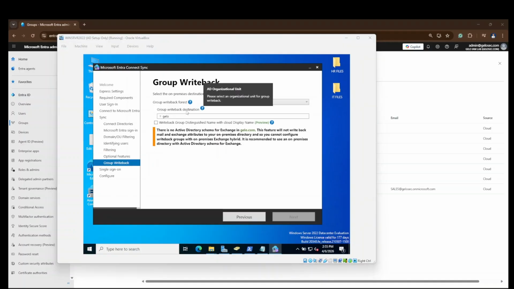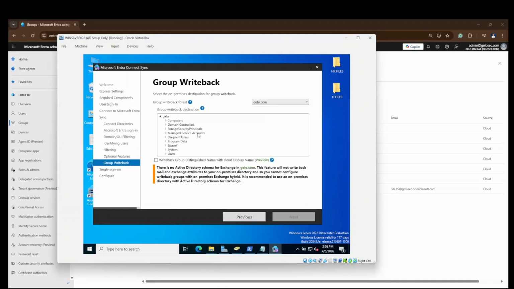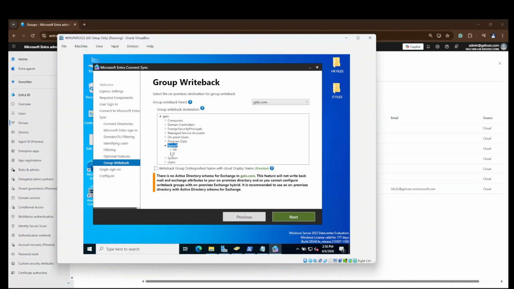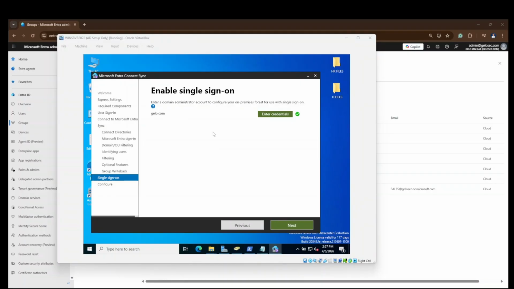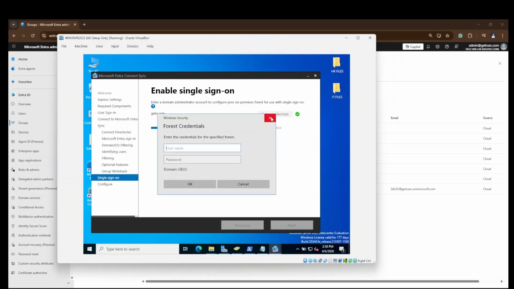Okay, in this screen, they're gonna ask where we should start our group writeback destination. So we're gonna use this Space OU, and we're gonna check this writeback group distinguished name with cloud display name. Okay, this is for seamless single sign-on, and if you don't have any credentials, just enter here.